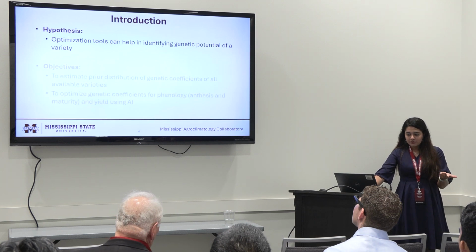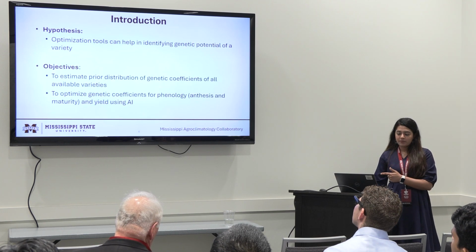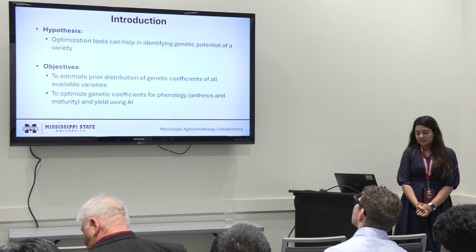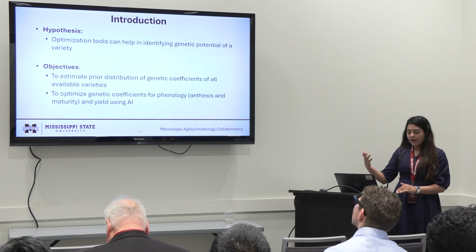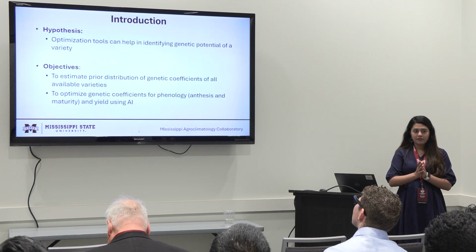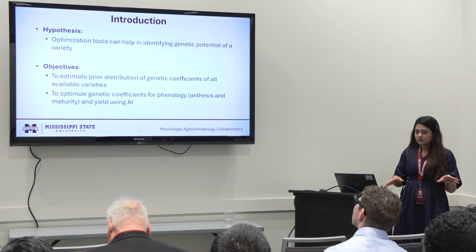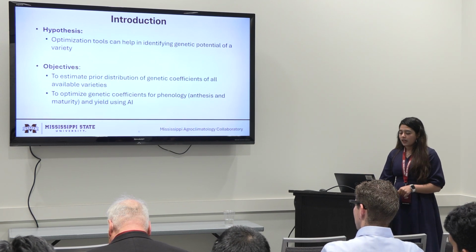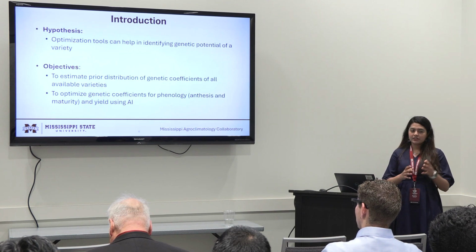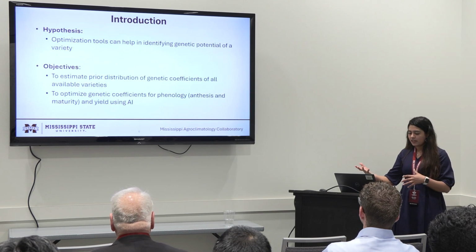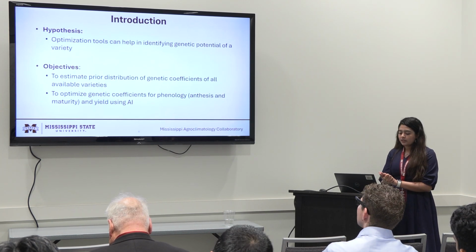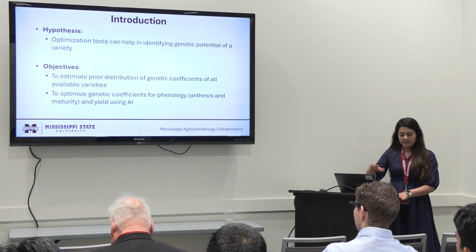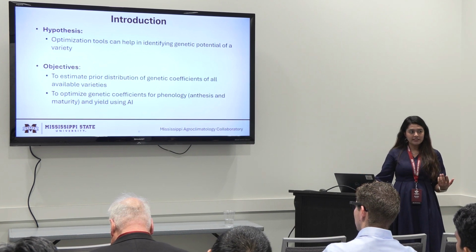So my hypothesis was that optimization tools can help in identifying the genetic potential of a variety. The objectives of the study are to estimate the prior distribution of genetic coefficients of all varieties in the DSSAT pool. DSSAT is the Decision Support System for Agrotechnology Transfer, which was developed by professors from Florida and Georgia along with Auburn. The next objective is to optimize genetic coefficients for phenology, which is anthesis and maturity, and yield using